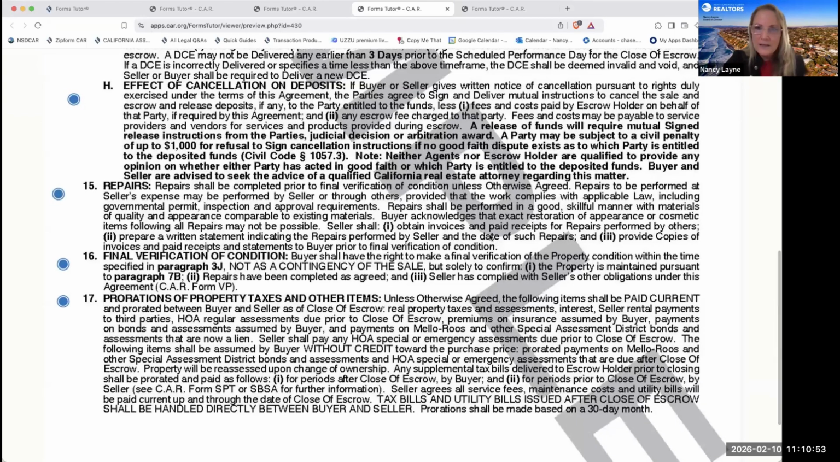And then if it does cancel, what happens to that deposit? So this is another one that a lot of time people don't understand, and that a release of funds requires mutual signed release instructions from the parties. And a party may be subject to a civil penalty of up to $1,000 for a refusal to sign cancellation instructions. But basically, if you want to cancel, then you need to get signatures on both sides